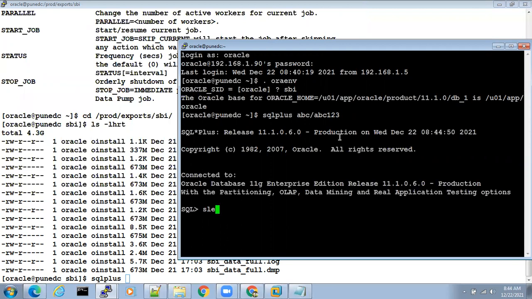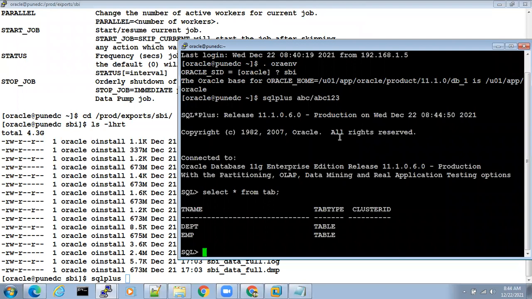Now select star from tab. So this is a story. For example, there's an employee table and a department table in ABC user.